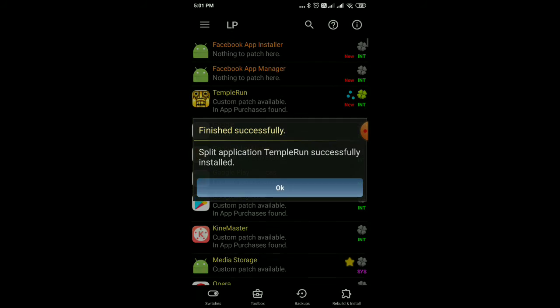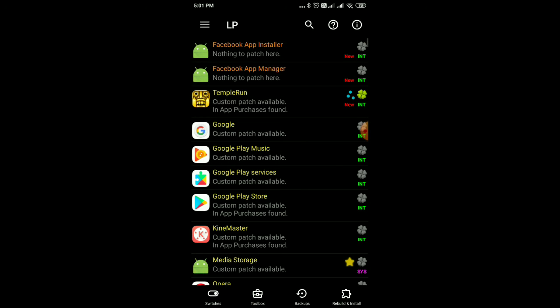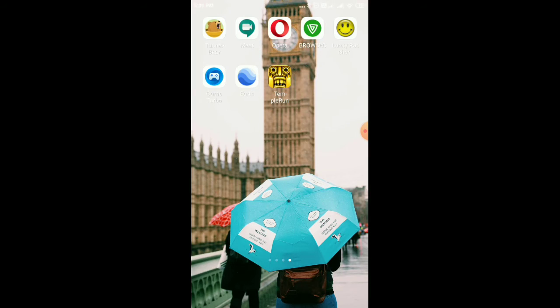So we are going to wait. Okay, it's done. Split application Temple Run successfully installed. Press on OK, and then you need to open Temple Run. Okay, so I'm gonna do that. Then you need to open the preferred game or application which has been hacked or patched.